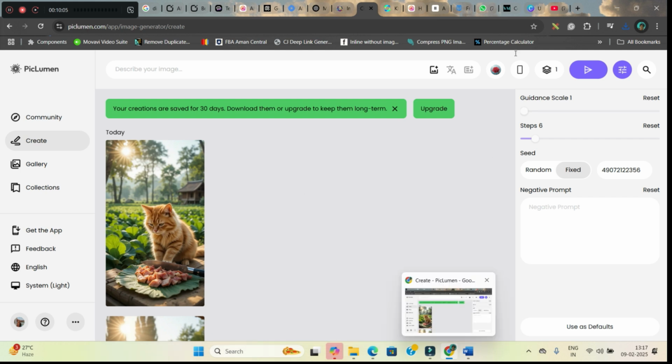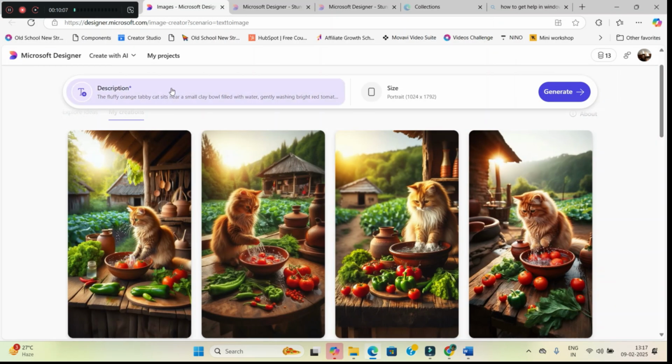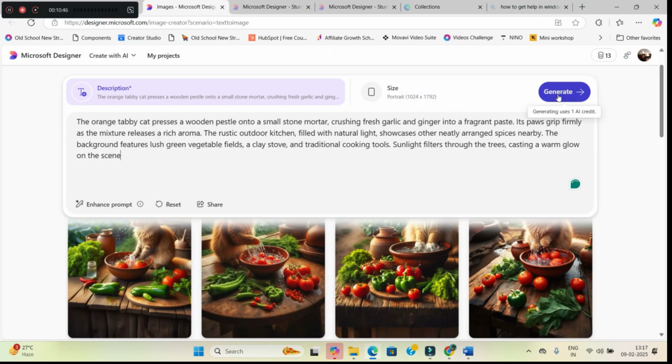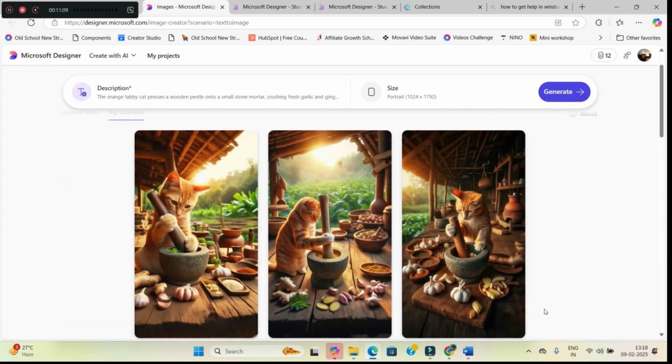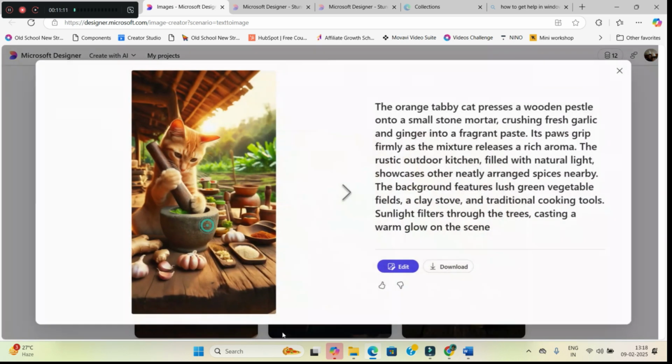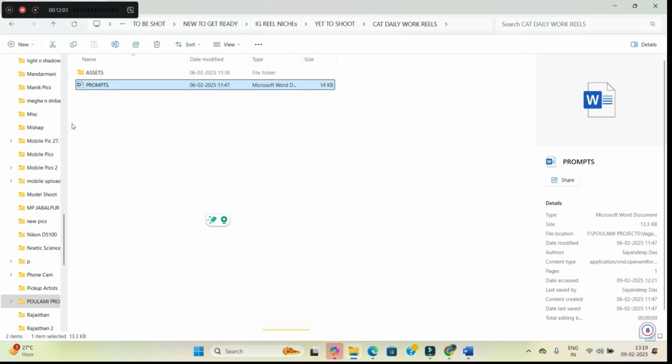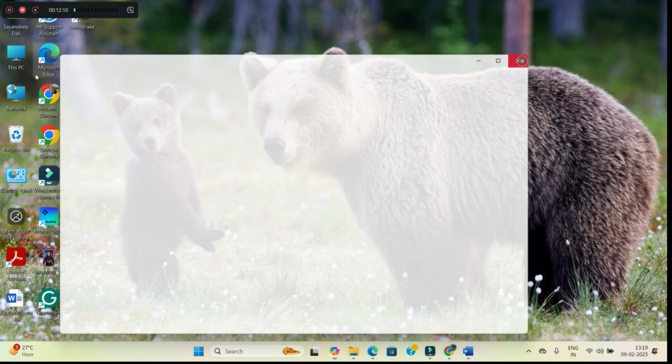Okay, let me try Microsoft Designer with one more prompt so that we can compare. Now Control A, Control V, remaining other things will remain the same, hit generate. Beautiful images they've generated. So I will go ahead and download this. As I told you, after every scene there is an animation option. So one particular step is very important here, to number the scenes.